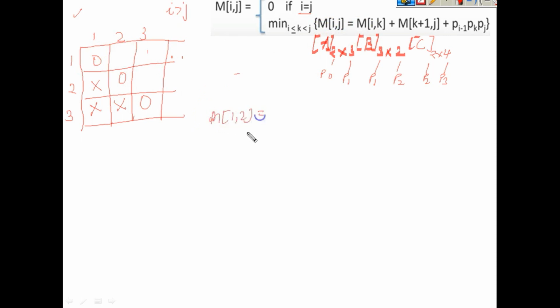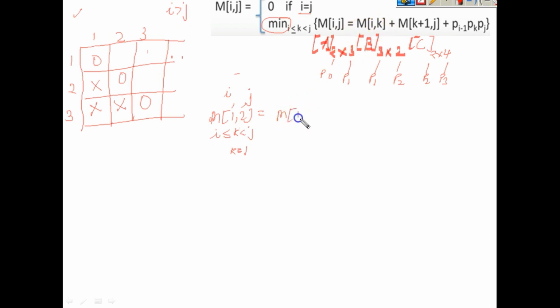M12, where this is i and this is j, and we have some k which is greater than or equal to i and less than j. If you look at this, there is only one possible k here. If we have more possibilities of k, then we apply this formula for all the k's and take the value which is minimum. Here we have only one value, so there is no choice of finding the minimum. So M12 is given by, assuming k equals 1, this will be